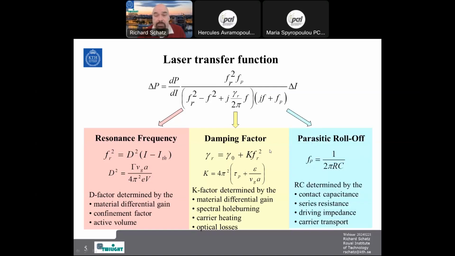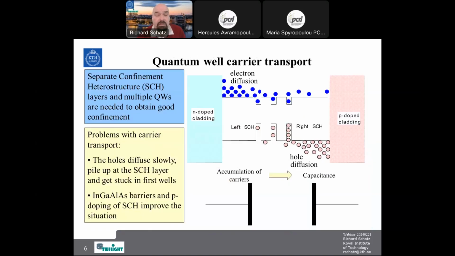Then finally you have a parasitic roll-off, and that is determined by the electrical parasitics of your laser. It could be contact capacitance and the series resistance, which gives an RC roll-off. It's also dependent on the driving impedance you have, and also on carrier transport effects. So in fact, the transport effects are important, and if you have quantum wells in your laser,